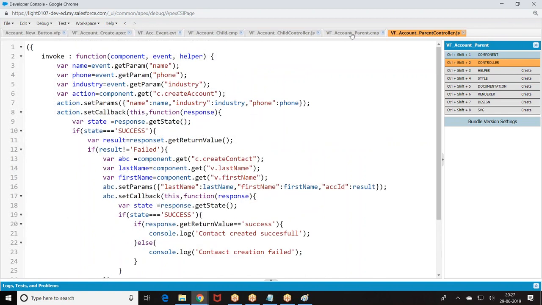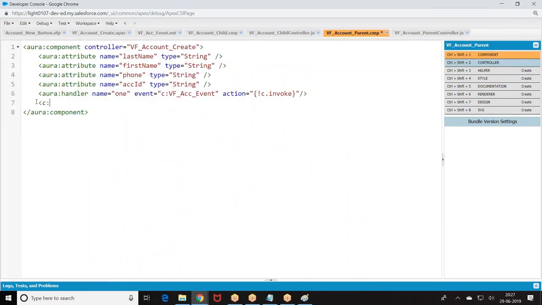So here within the parent component I am calling the child component VF count. What does it mean? The child component fires an event, the parent component will handle. The parent component is trying to insert an account. If the account was inserted successfully, create the contact. Then where is the data about last name, first name, phone? Contact creation data we can take from the VF page, or we can put it in the parent component. It's up to your choice. Now you want to take it from the VF page. If you want to take the data from the VF page, what should I do?